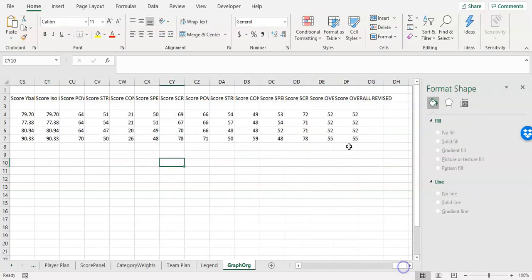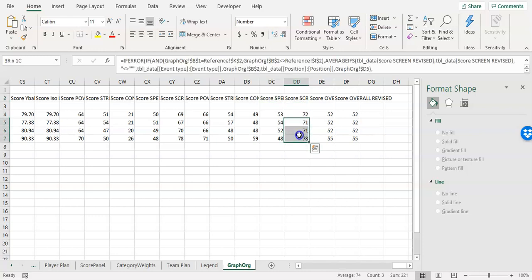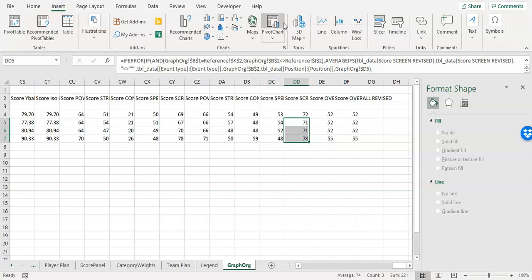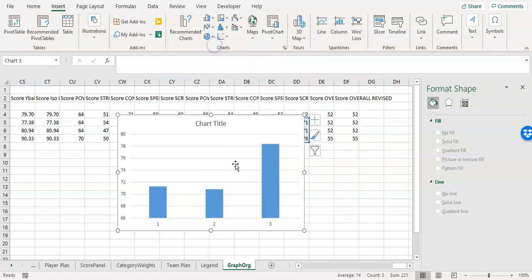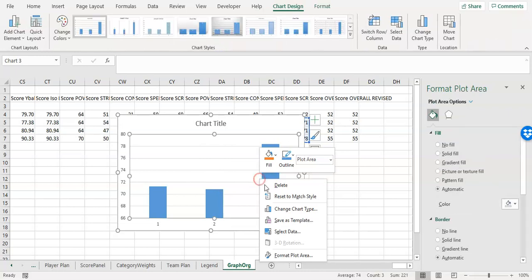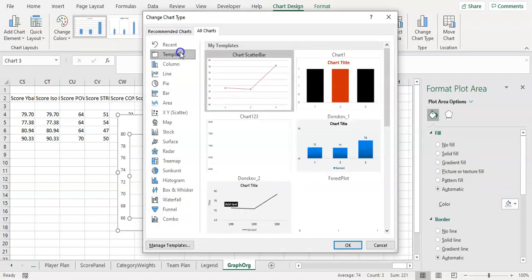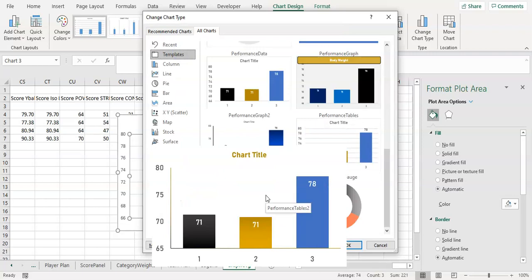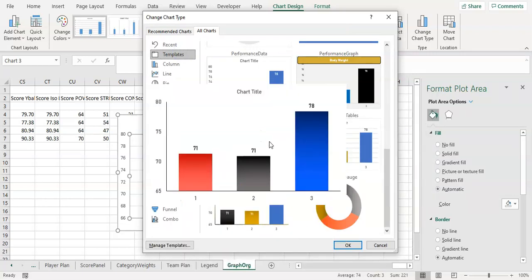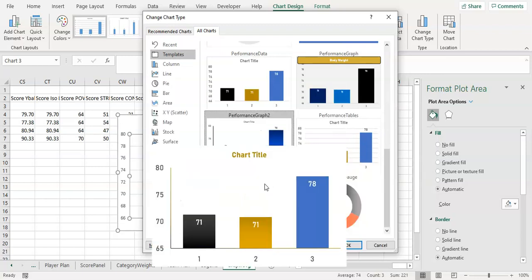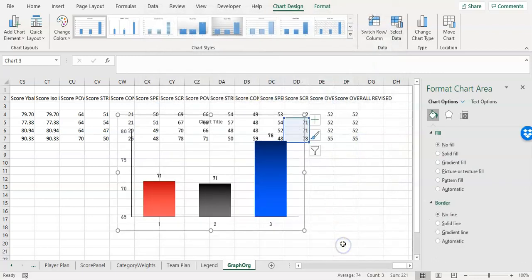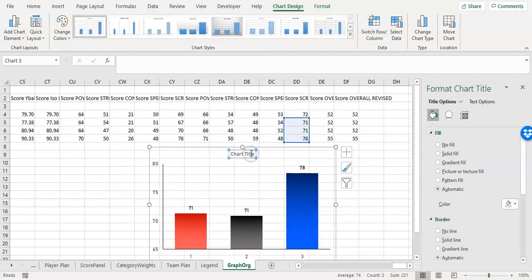And I'm going to go to my next score, which is the screen score revised. Select everything, or the bottom 3, the positions. Insert, and I'm going to go to chart. There are their scores. I'm going to right click and go change chart type. Go to templates. This looks like the one that I just did. Performance graph 2, okay. Click enter. Now I have a graph that looks just like that, and maybe I call it again. This is screen